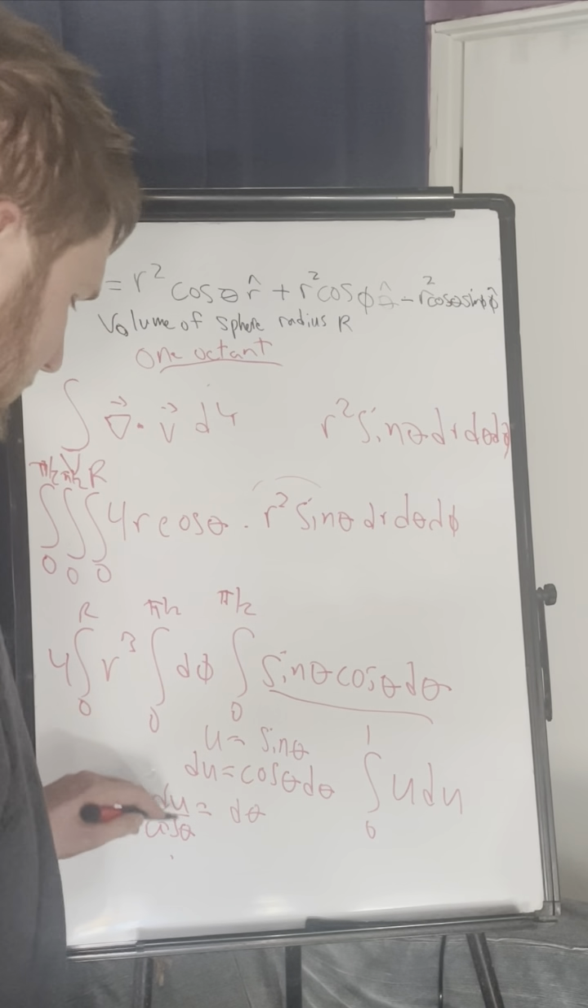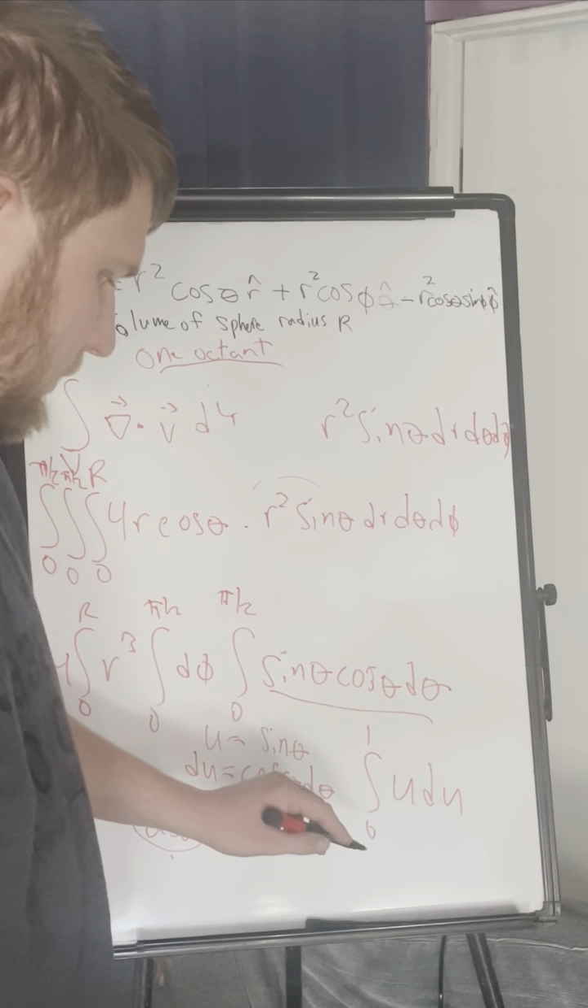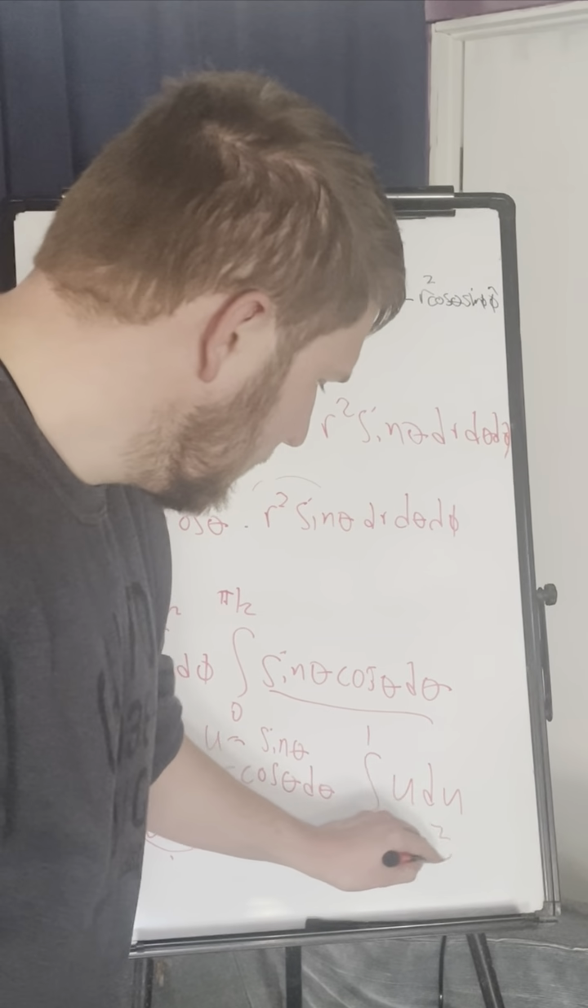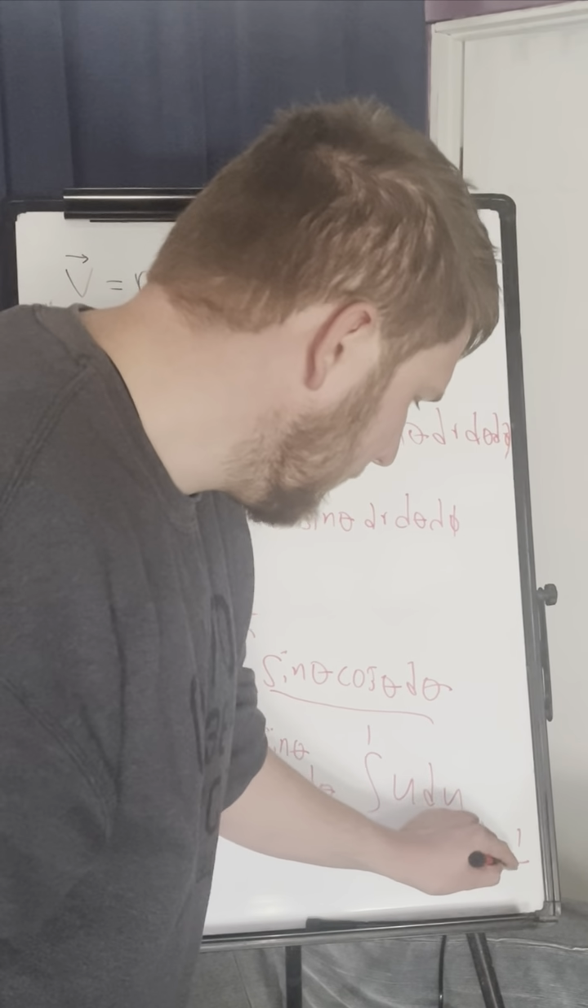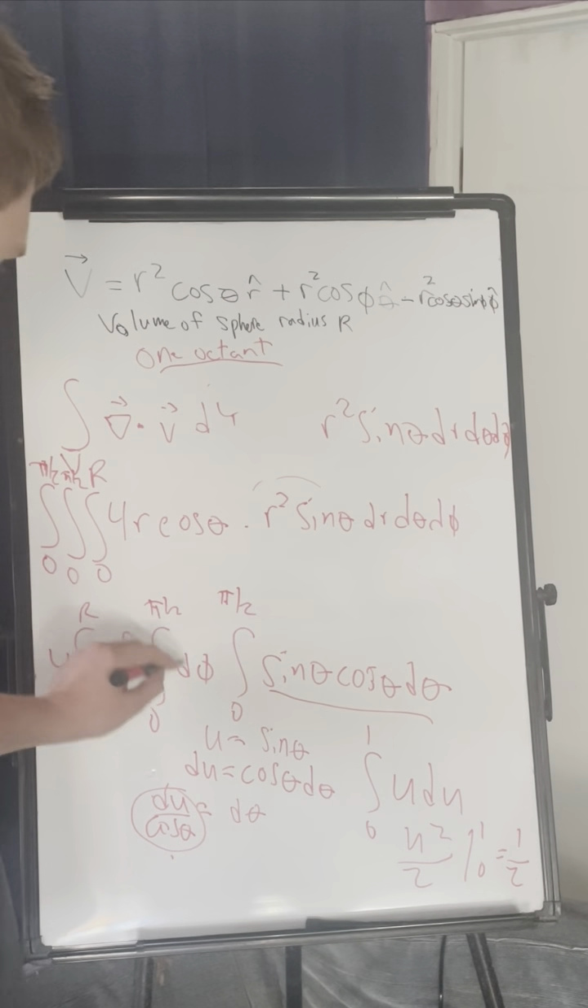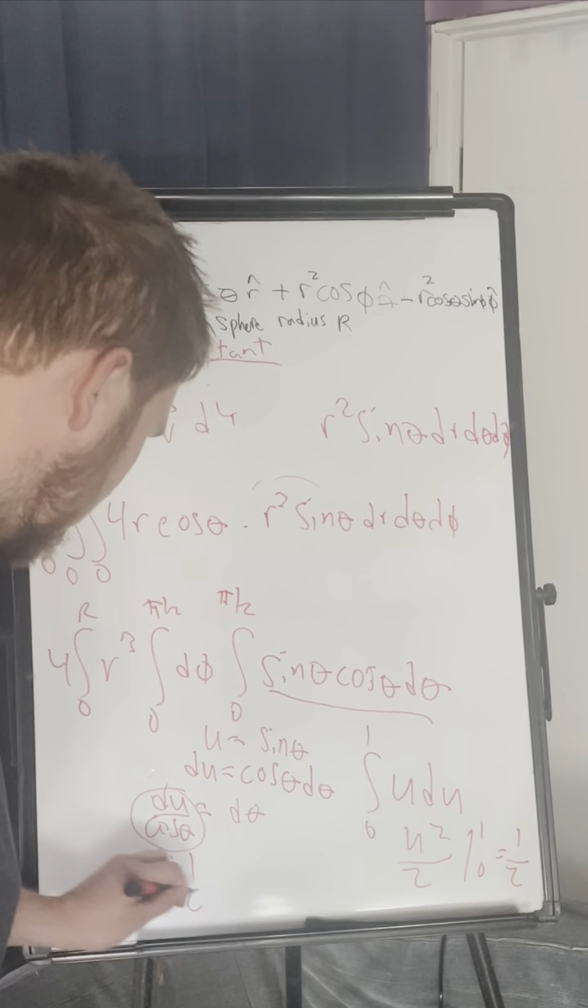And the reason for that is real simple. Du over cosine theta times cosine theta is just du. And that just gives us u squared over 2 from 0 to 1, which is just 1/2. So this just gives us pi over 2 times 1/2 times